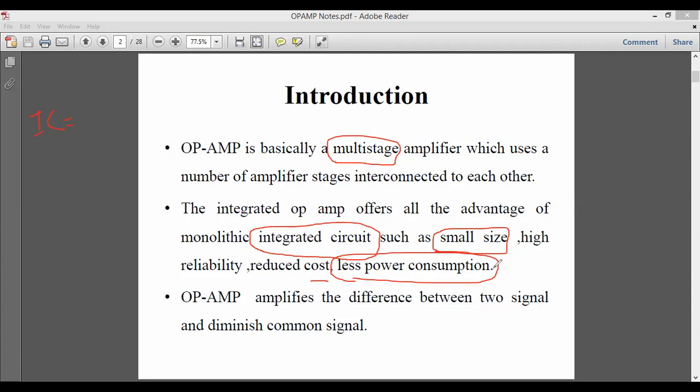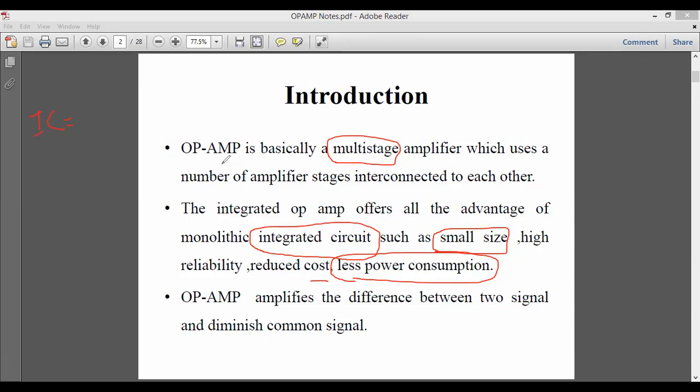Similarly, like other different branches, when we go for designing of any application oriented material, if that device is consuming more power, then that device will not be accepted. So you need to keep in mind always when you go for the design of a circuit that the circuit should not consume more power.